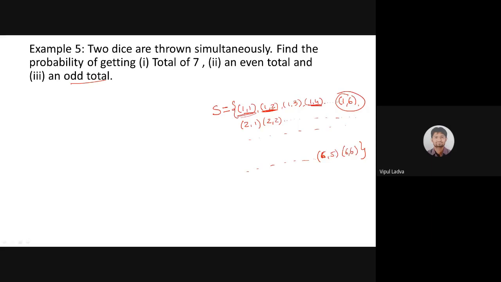Okay. Divya, in your comment, you've written that the answer for the second is 1. Is it a certain event? Divya, can you unmute your mic? I have answered 1 by 2, so that was written by mistake, just a typo. Okay, because if the probability is 1, that means the event is certain. It's okay. I'm glad that all of you are getting perfect answers.